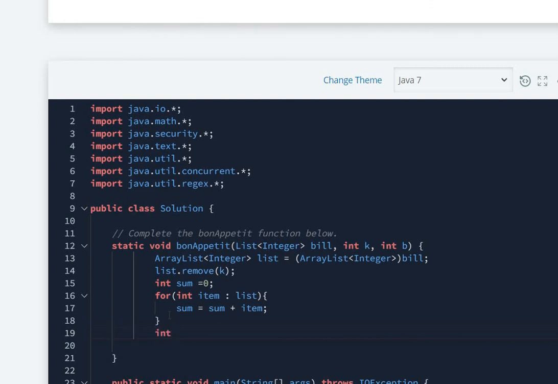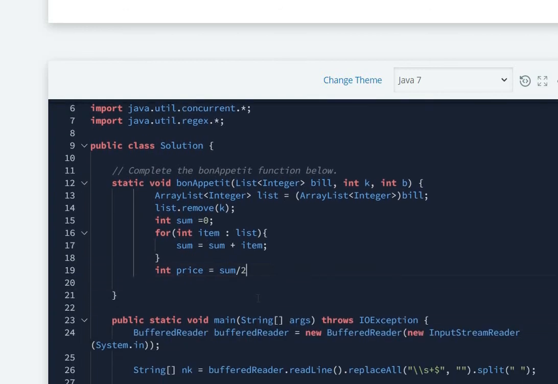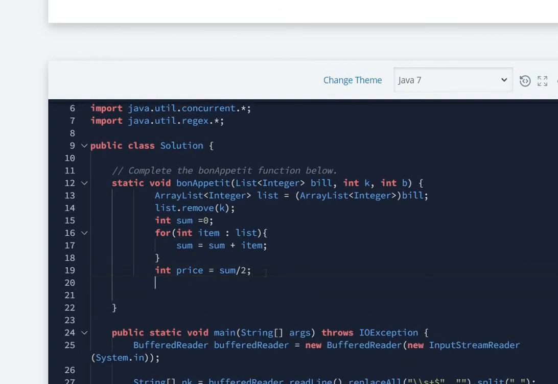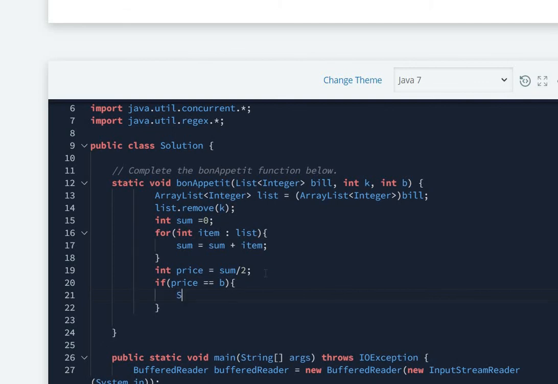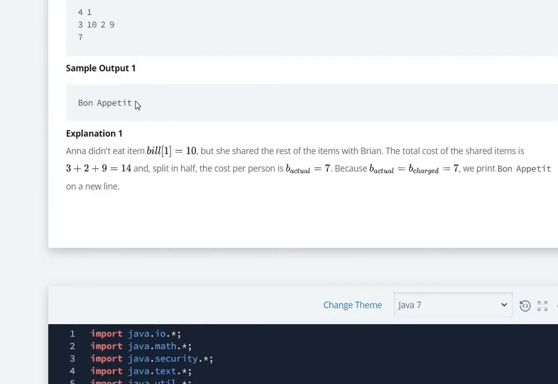we are going to take another variable, you can name it price, which will be equal to sum divided by 2, because there are two people who are going to split the bill. And then we are going to check if price is equal to b, then we are going to print Bon Appetit.